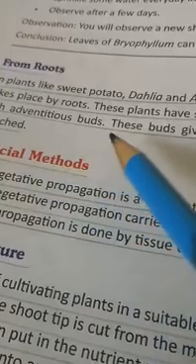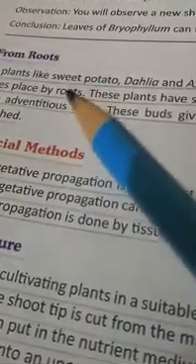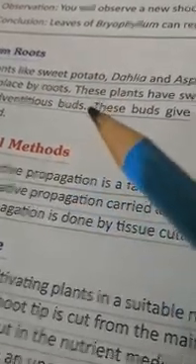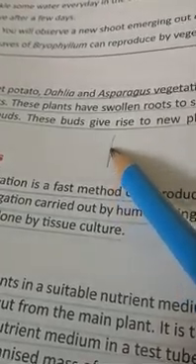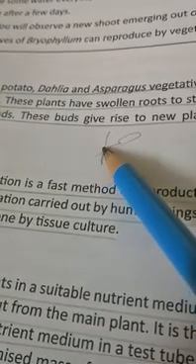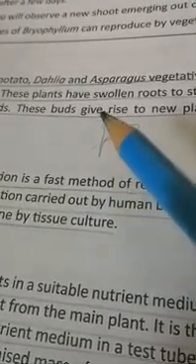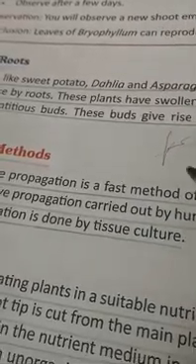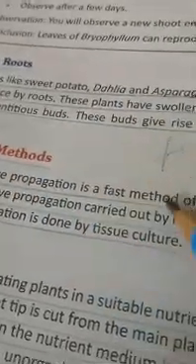Now what are adventitious buds? So adventitious buds are the buds which grow on the stem or on the leaves or on the root. So normal buds arise from the axil of the leaf. Now what is the axil of the leaf? If this is the stem, this is the leaf. Now this part is called axil of the leaf, or at the stem tip or at the root tip. These are the normal buds which give rise to new plant, helps in the growth or give rise to leaves or stems. But these adventitious buds are present on the stem or the leaves or on the roots.